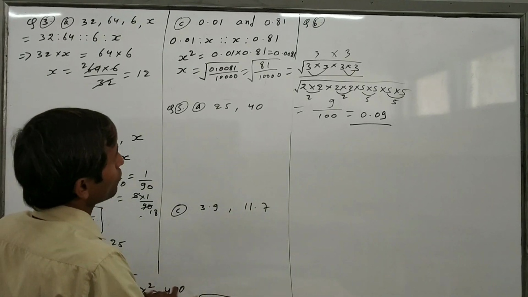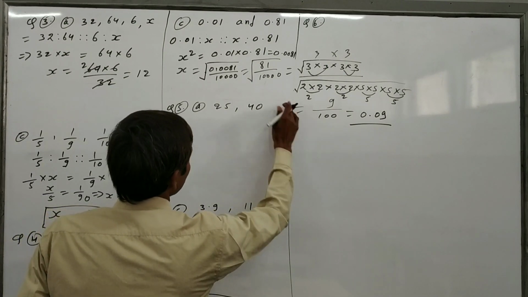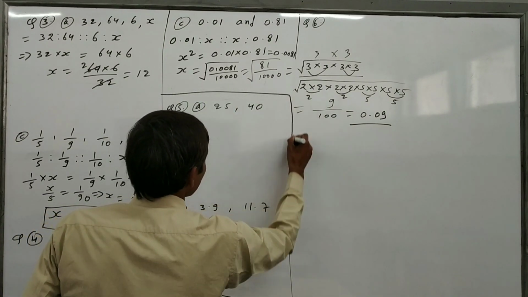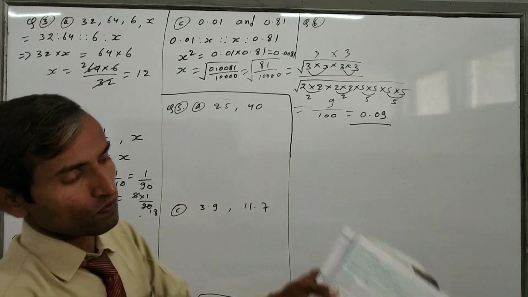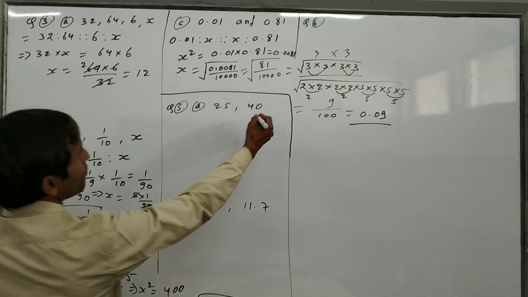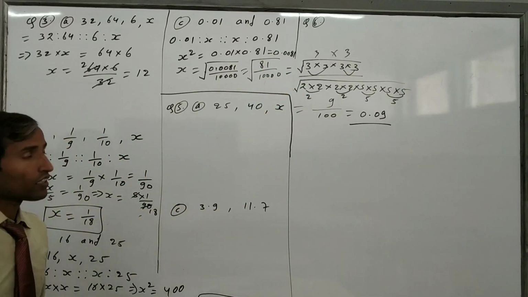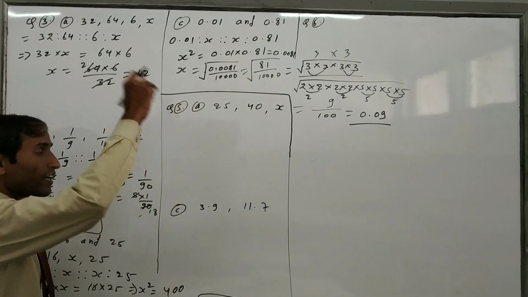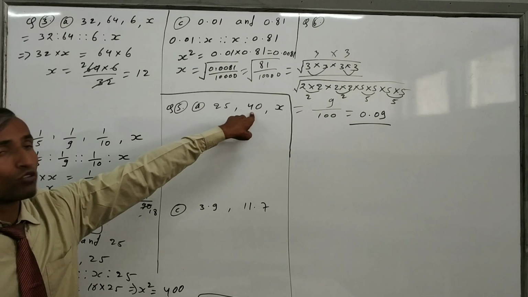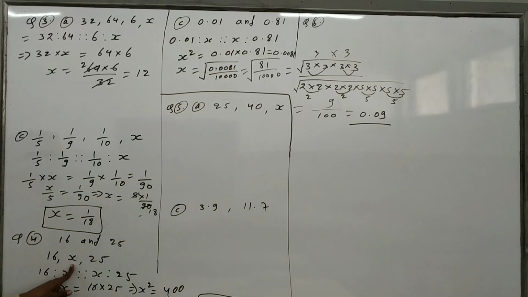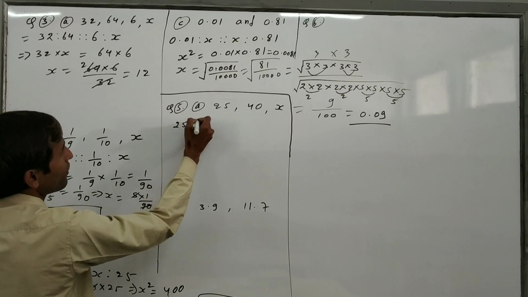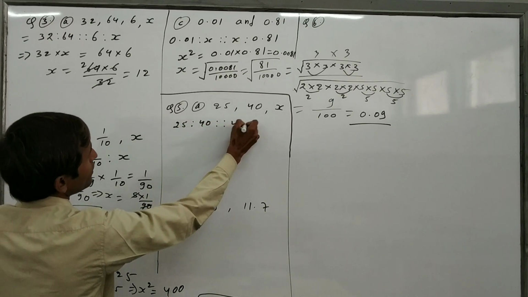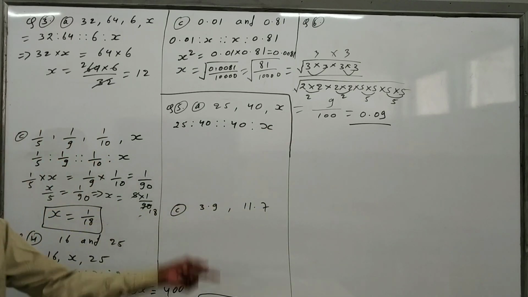Now we have to solve question number 5. How will we solve question number 5? Just read question number 5. What is it asking here? Find the third proportional to. So here we have to find the third proportional. It means just put here x. Okay. Now we have to arrange it in proportion. Whatever is in the middle part, we have to write down 2 times like this. x is the middle part, so I write x 2 times. So here 40 is the middle part, so 40 we have to write down 2 times. So arrange 25 ratio 40 proportional 40 ratio x like this. Now we can find the value of x.